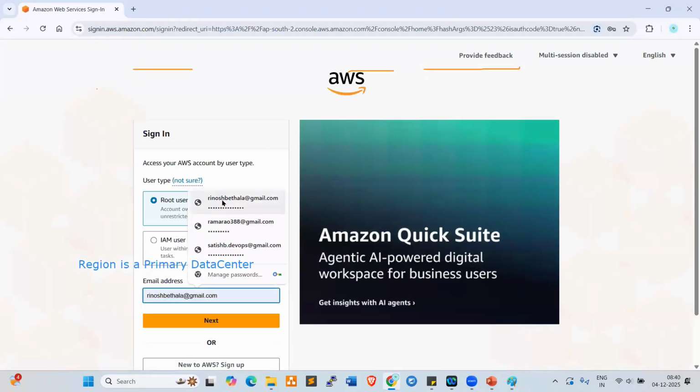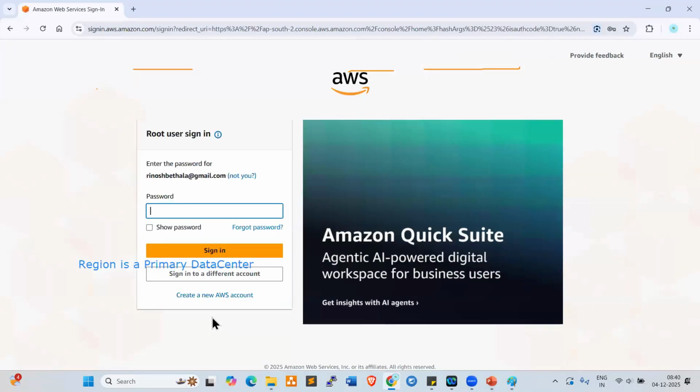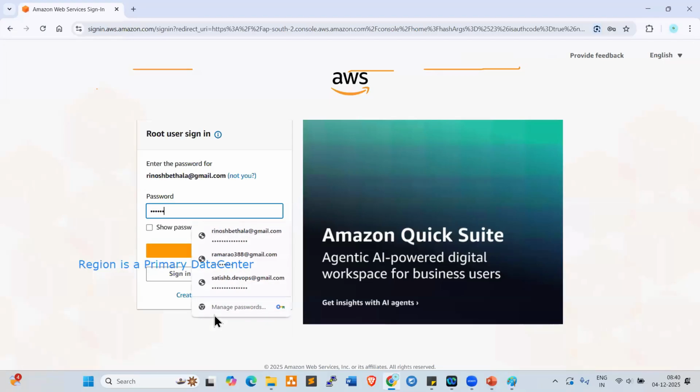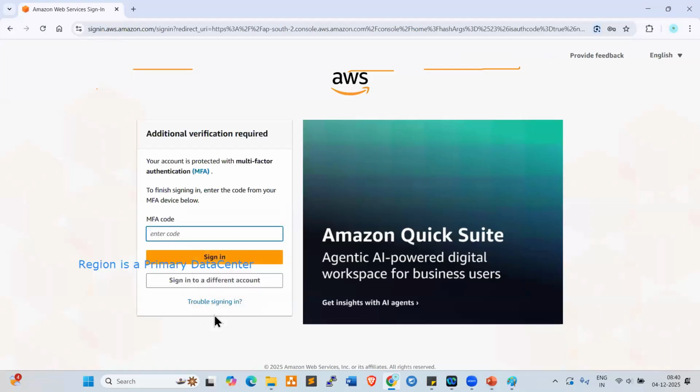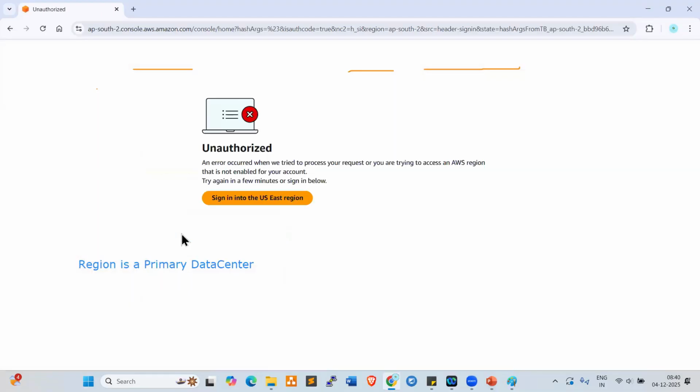Yeah. So just log in here quickly. Just a minute, please. Here it's asking for the MFA code. Look at here.